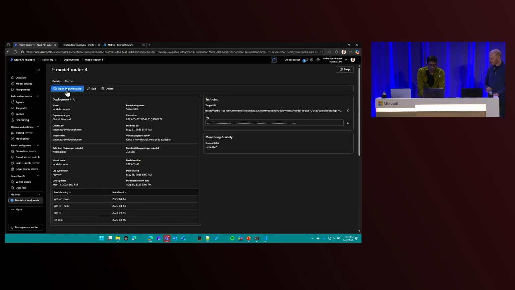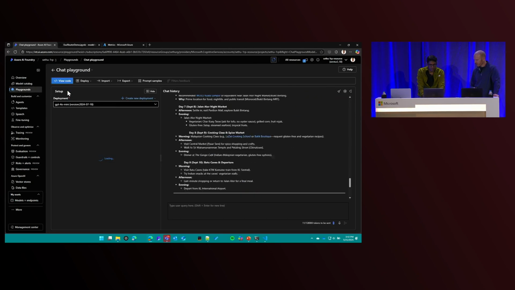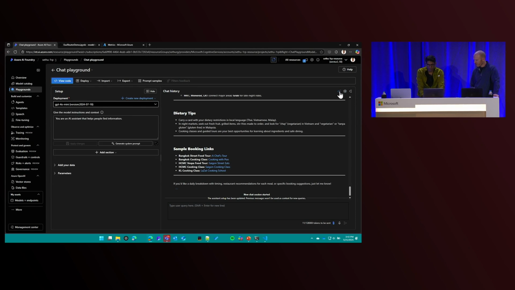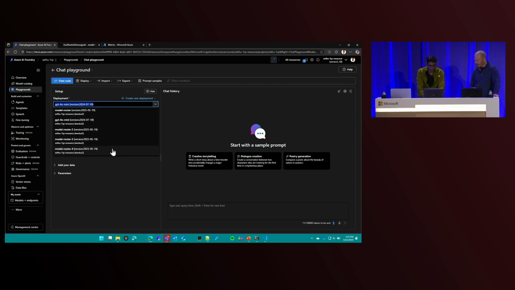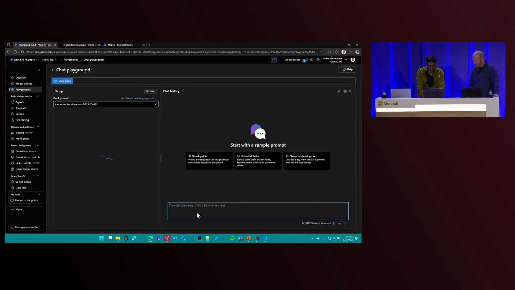So let's play. Now that I've deployed it, how do I know it's working, Setu? Yeah, I want to show you two things here. Let's use this in the playground. OK, so I can just pick it as a model router, just like I can pick a model endpoint. Yes, it operates in the same way. So let me ask a simple query and see which model this gets routed to.